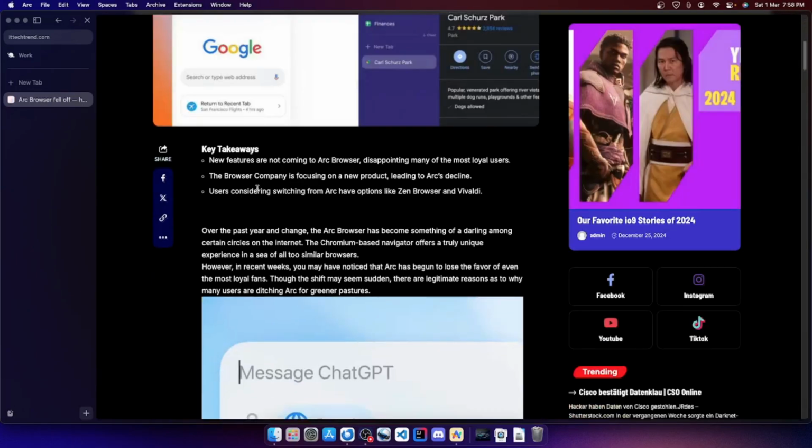Okay, so key takeaways about Arc browser is that new features are not coming to Arc browser, disappointing many of the most loyal users. The browser company is focusing on a new product, leading to Arc's decline. Users are considering switching from Arc to options like Zen browser and Vivaldi.